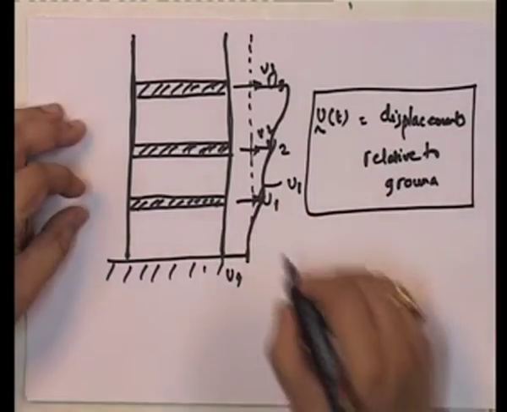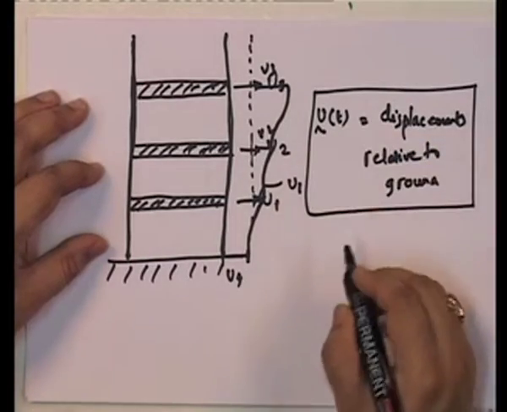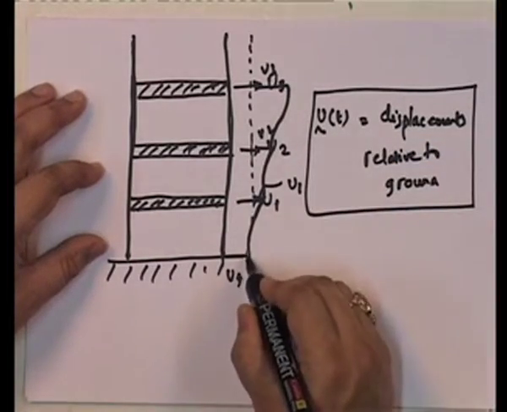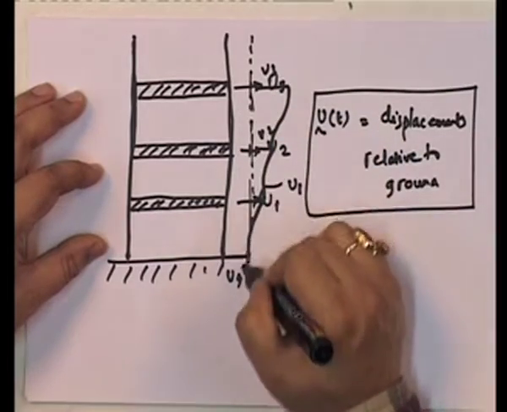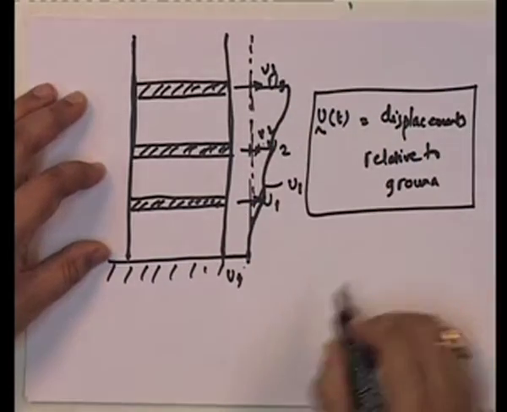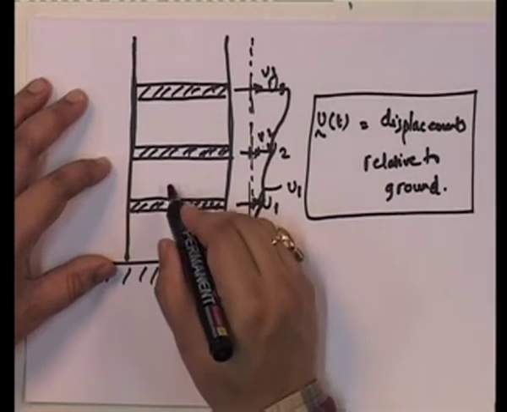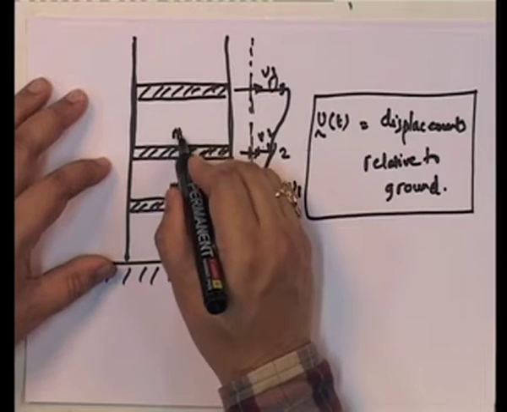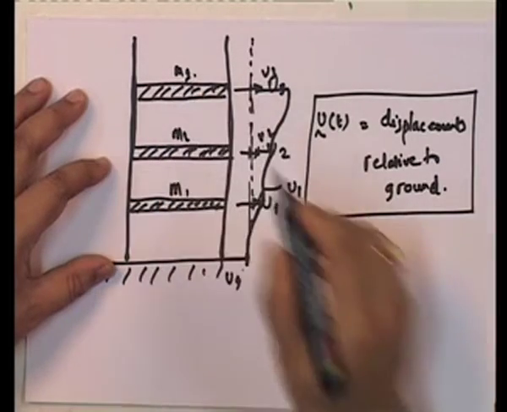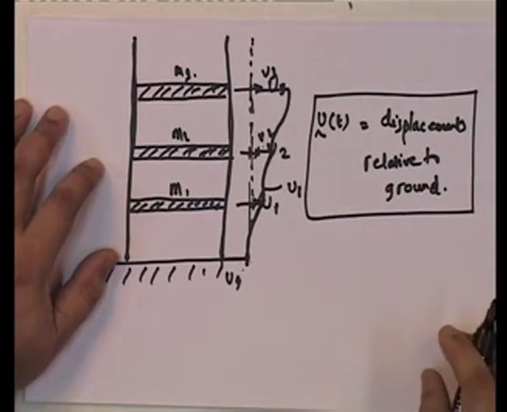If we define the displacements relative to the ground, in other words, the ground has moved here. So, the displacements are all considered relative to the ground. Then what do we have? Well, let us look at it. This is M1, M2, M3. Okay. So, if you look at the